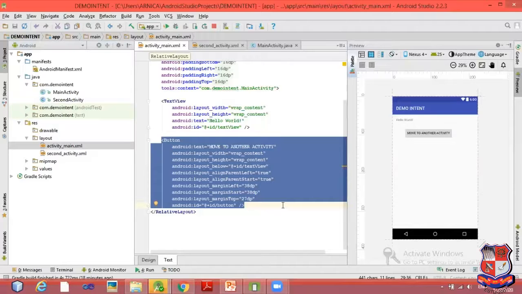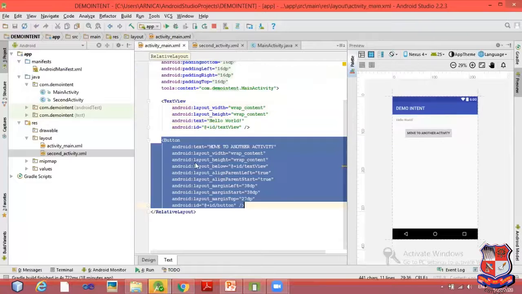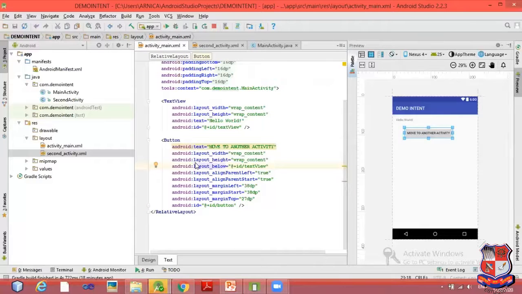By clicking on this button, I will transfer to the second activity, that is second_activity.xml. In the second activity, I have only taken one text view which displays welcome to second activity. So here we have completed our designing part.